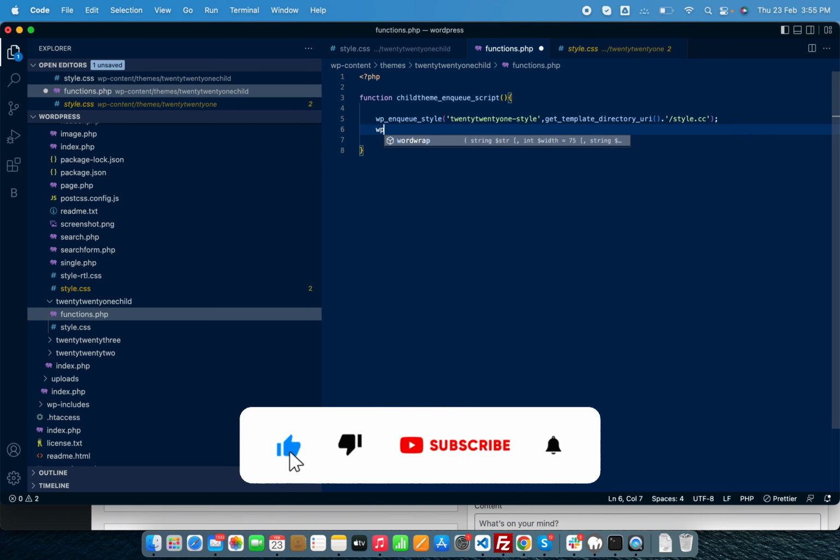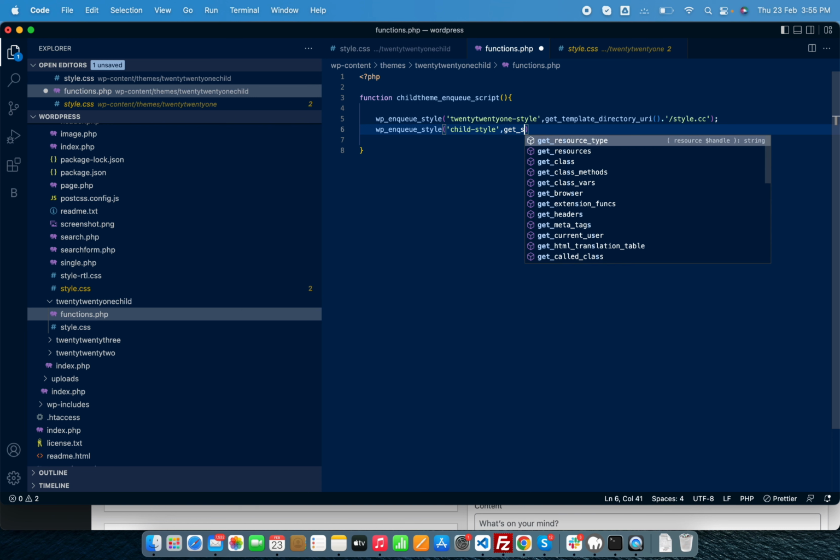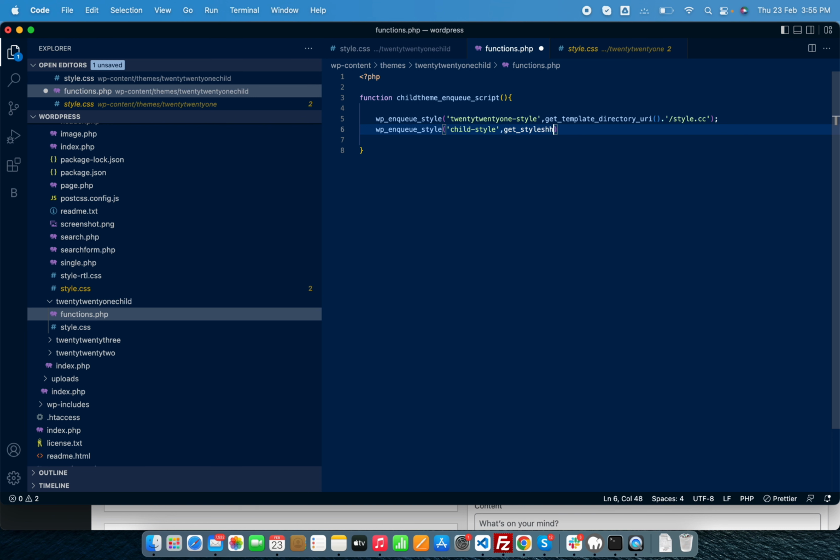You need to add another same function. You need to copy it and paste it here, and now you need to pass your child style name. Here you need to add get_stylesheet_directory_uri and the stylesheet name.